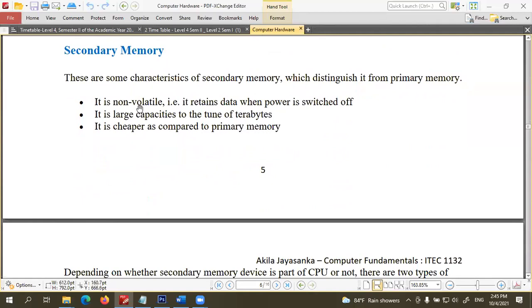Secondary memory is non-volatile. The meaning of non-volatile is that it doesn't need an active power supply to keep the data. It is large capacity, right? A hard disk has 2 TB, 4 TB, 16 TB like that. These are high capacity devices, cheaper compared to the primary memory. These storage devices are cheaper because their reading and writing speed is lower than the primary memory or main memory. Developing memories with high speed reading and writing ability is costly.